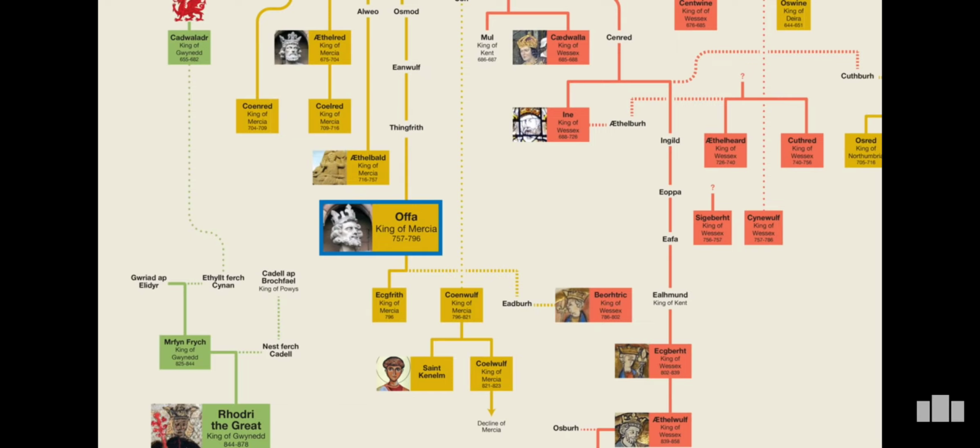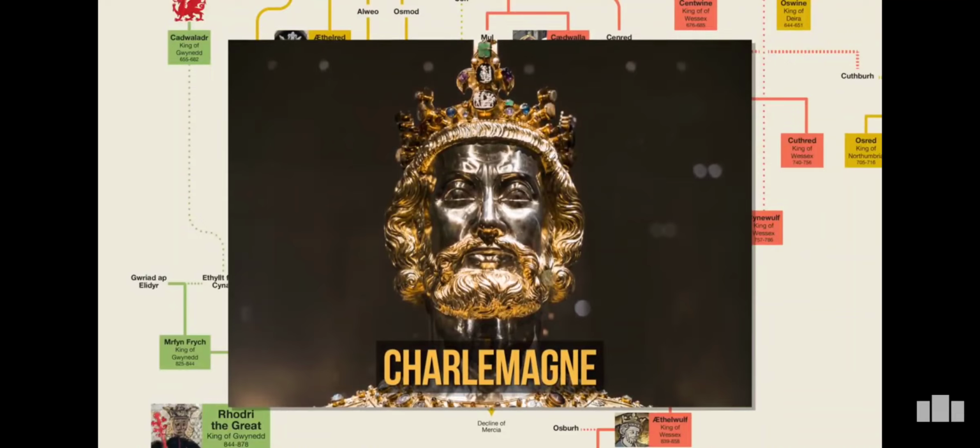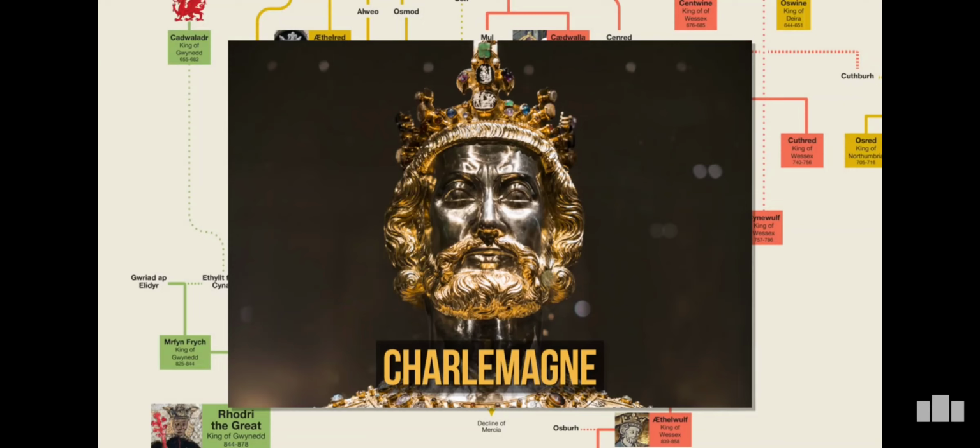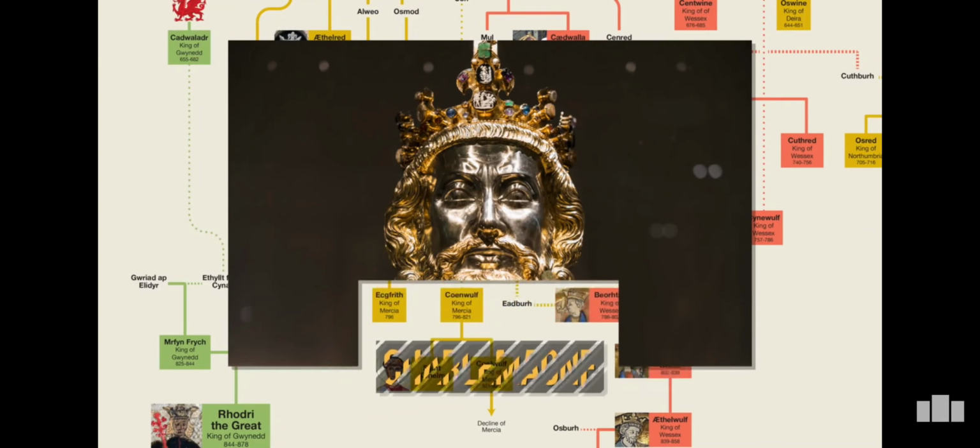His reign coincided with the reign of another great king over on the continent, that of Charlemagne. In fact, the two corresponded several times on matters of diplomacy. Yes, they actually did correspond, and we have some evidence to show that they got on very well, which is surprising because kings didn't really get along with each other when they were of different kingdoms, especially at this point in time. At one point, it seemed that Charlemagne's heir would marry one of Offa's daughters. However, that didn't end up happening.